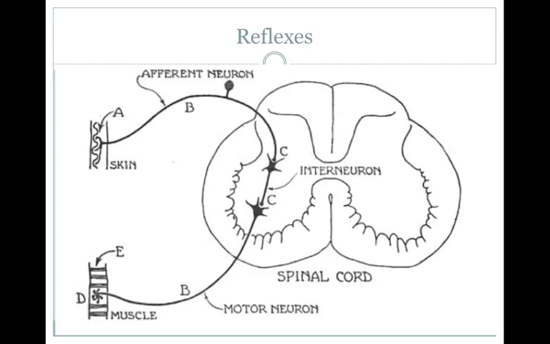The afferent neuron with an A, which is important to distinguish from the efferent neuron with an E, which we'll get to in a second, is the sensory receptor which then sends information to the spinal cord through the path shown as B. That information is then received by an interneuron, here labeled as C. The interneuron then sends information to a motor neuron, an efferent, E-F-F-E-R-E-N-T, neuron, which then sends that information to the muscle, and that allows the muscle to move. So you have a very, very easy to understand